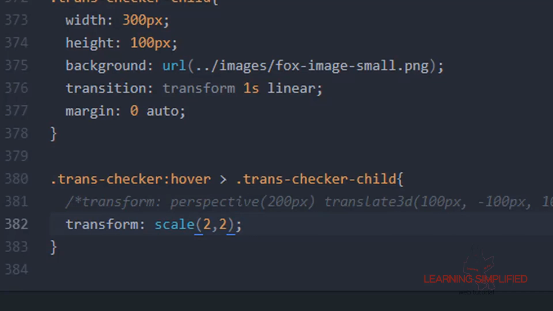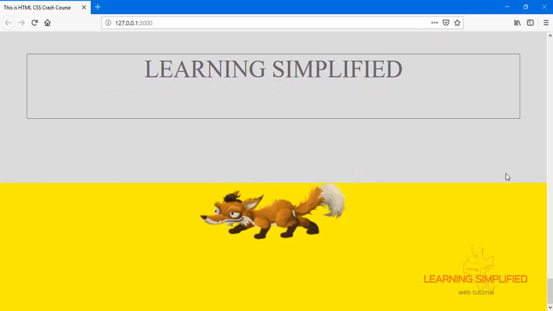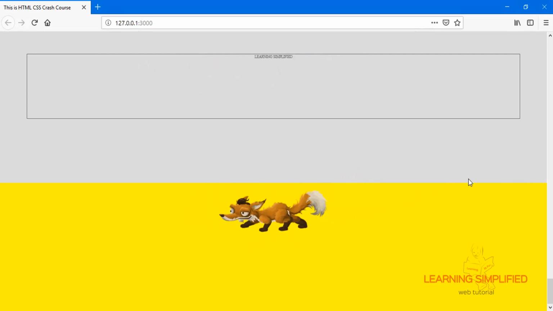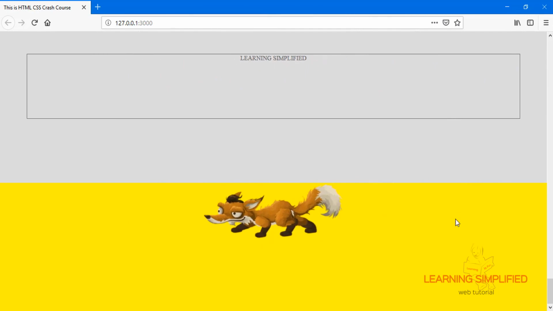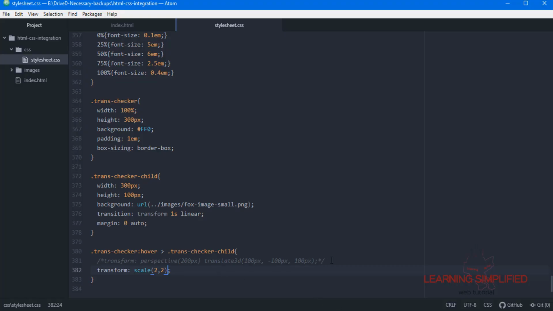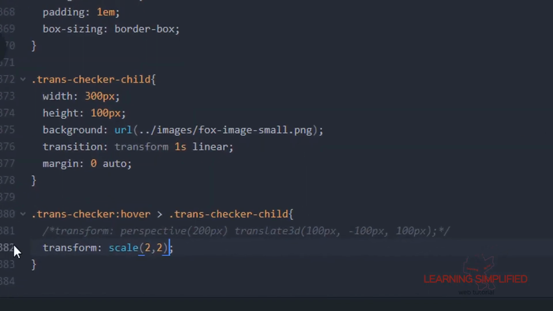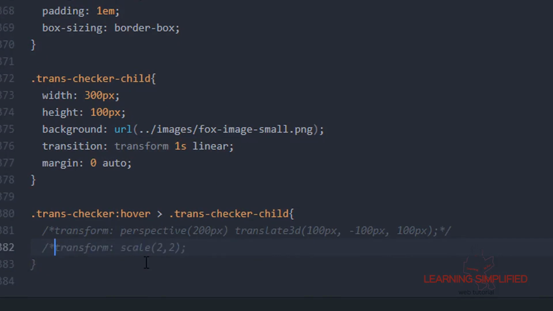All we are going to do is sum them up into a single command, and this is it. If we get back to our project, we will see that no noticeable change takes place here.